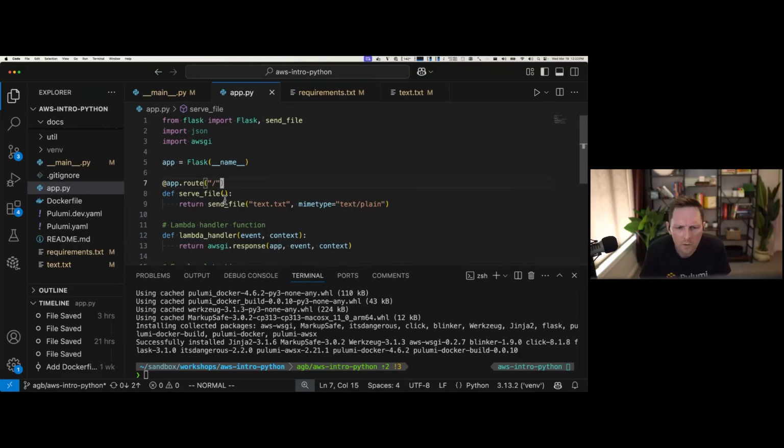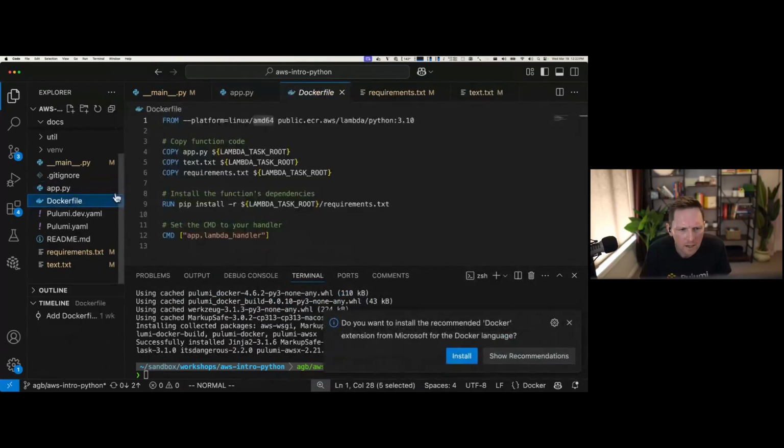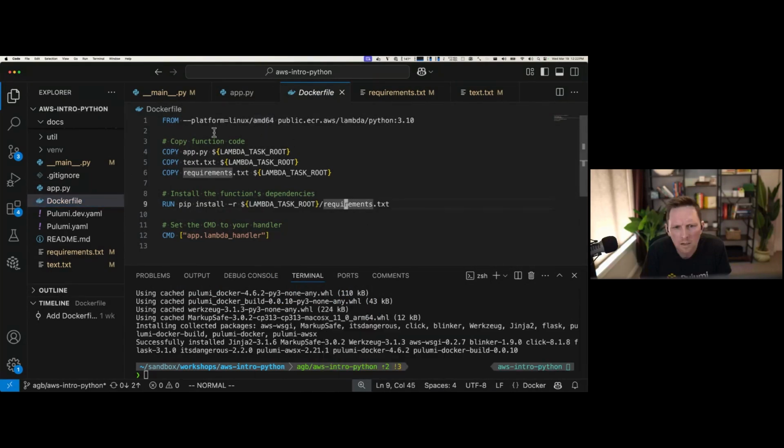Okay, so this is my Flask file. I'm going to put it into this Docker file. So my Docker file is pretty simple. I'm going to copy in that app file. I'm going to copy in my text file and my requirements file, and I'm just going to run this pip